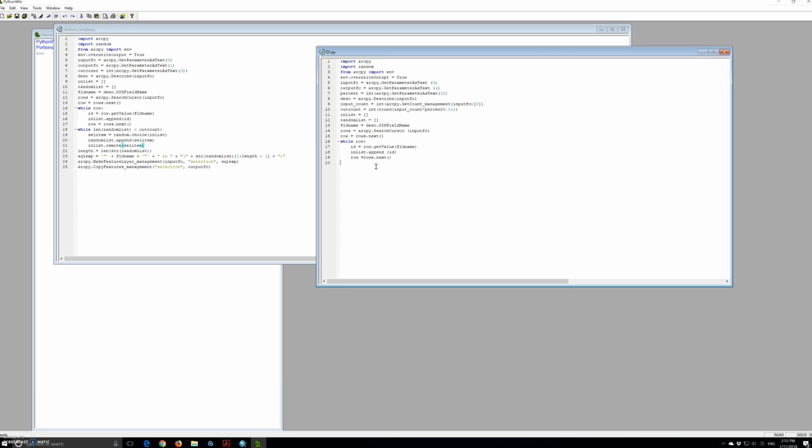While length of random list is smaller than out count,